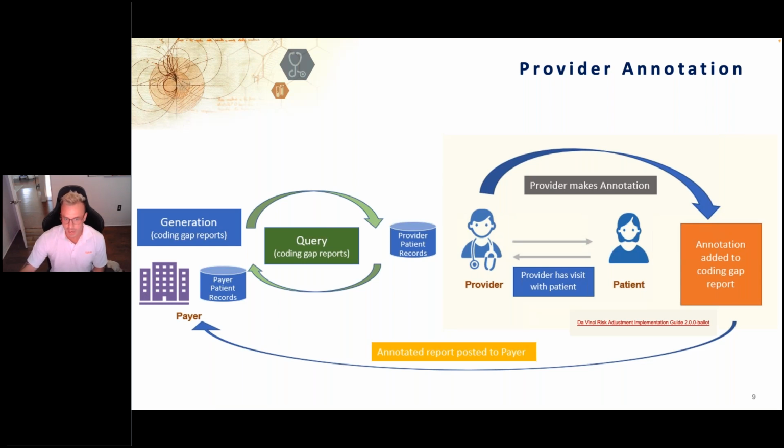But what we had found, as Linda had indicated, was that we were utilizing the Da Vinci RA implementation guide, but there was an unmet need. And that need was where a provider, again, as Linda had alluded to, would receive these gap reports or these measure reports indicating that there's a gap, but there's a benefit in it being able to have a